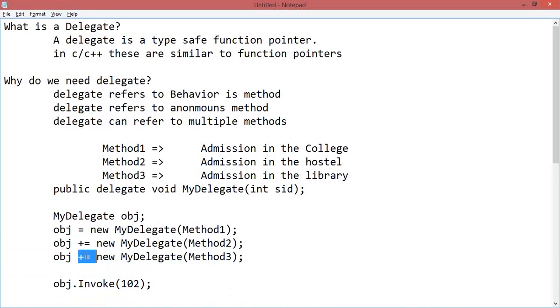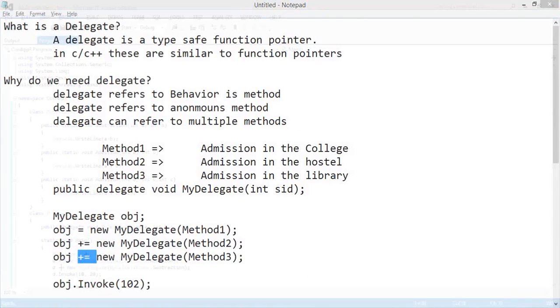Multicast delegate, in the sense of sending an email. For example, when I compose a mail, it is delivered to the target account, and not only that, it should also be stored in the source account as sent mail. Even in the message box in your phone, if you send a message, the sent messages can be recorded. Sent messages recording is the second method. The delegate will take care of that. So if you write a multicast delegate, not only is the message sent, it is also stored in the sent messages. That is the advantage of a multicast delegate.